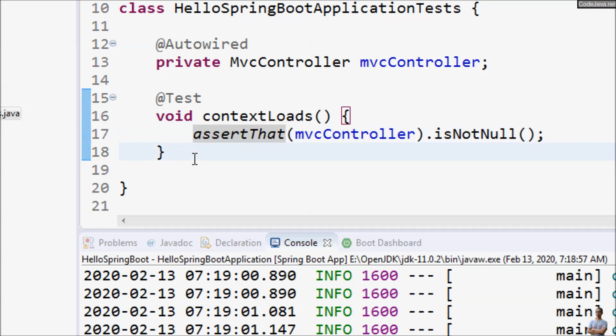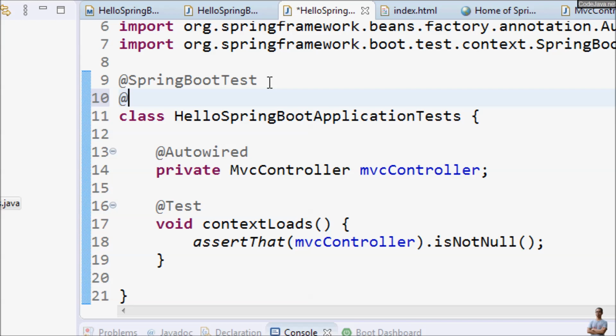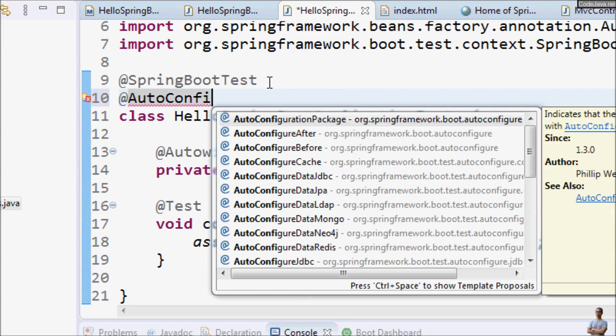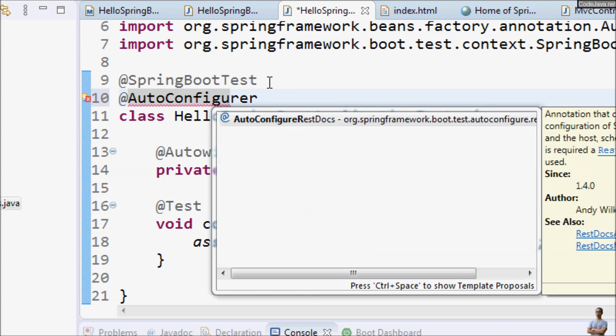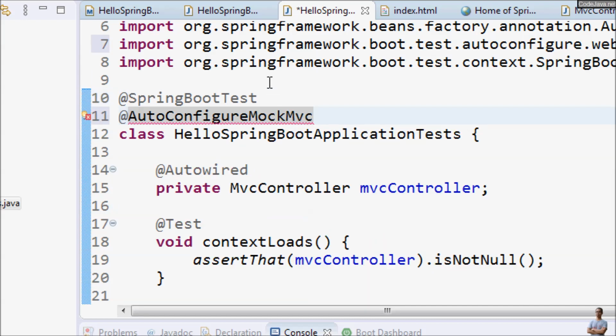In the test class, we need to annotate the class with an additional annotation, @AutoConfigureMockMvc, that allows Spring to create a MockMvc